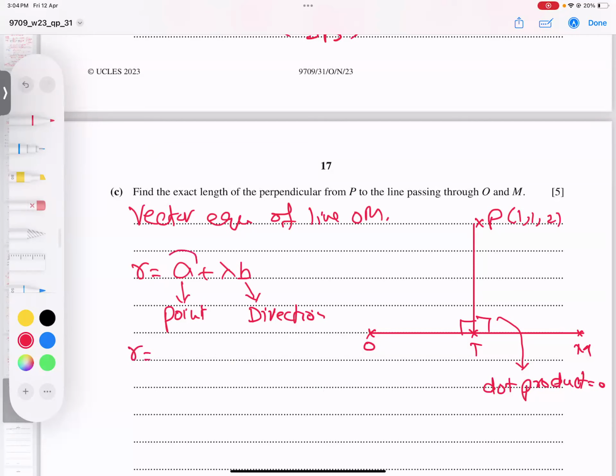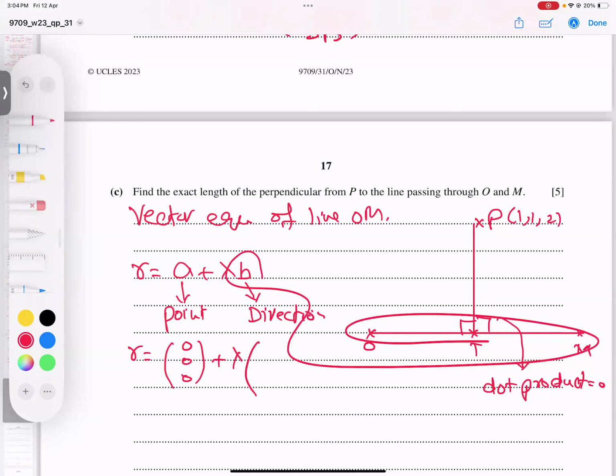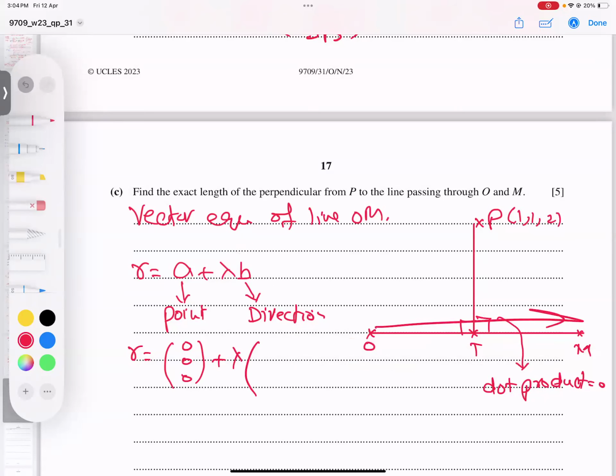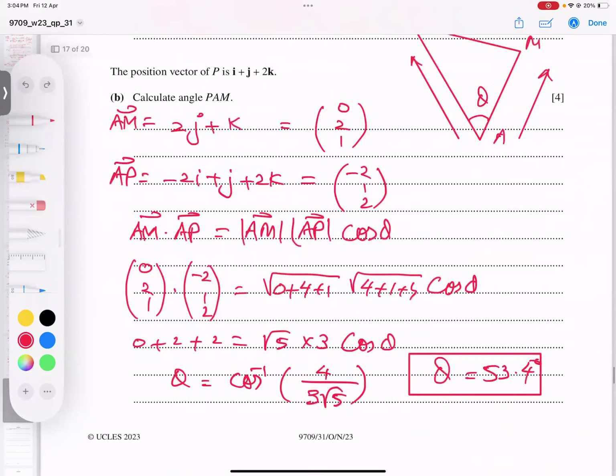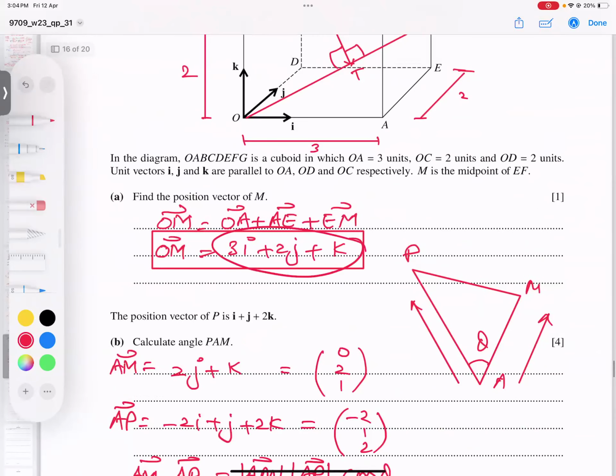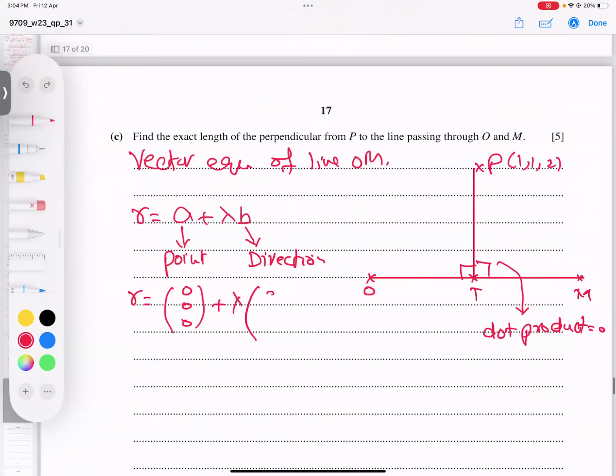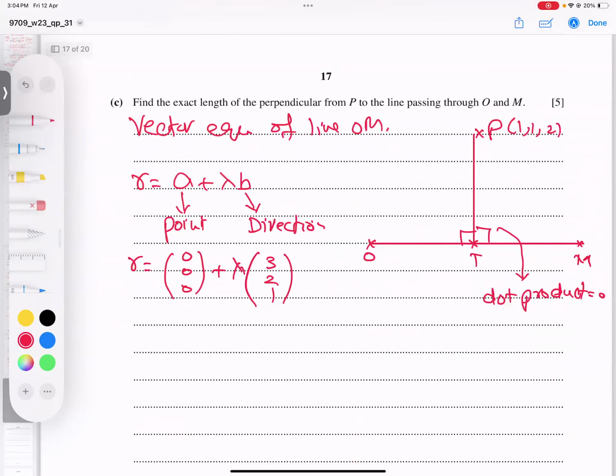Okay, so this idea is better to understand. A is 0, 0, 0. I take the 0, 0, 0 origin. And B is OM. I will take OM as a vector. So OM vector I have is 3, 2, 1. So this is the vector equation of line. And if I convert it into standard form,